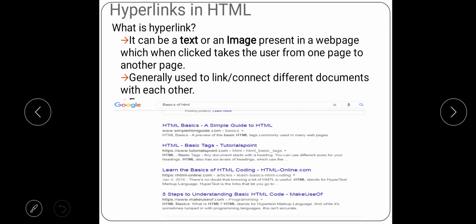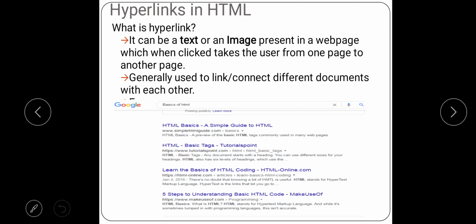So what we do, see, Google is a search engine, which means whatever words you type and click on search, it will get you all the websites which are related to those words. So you can see in the example, in the search tab, I have written what? Basics of HTML.